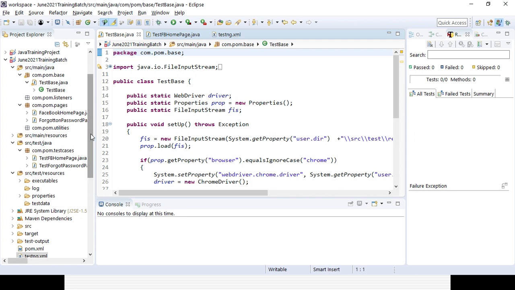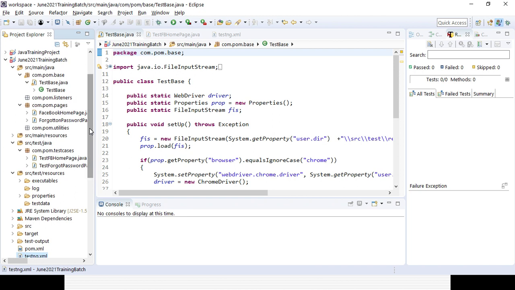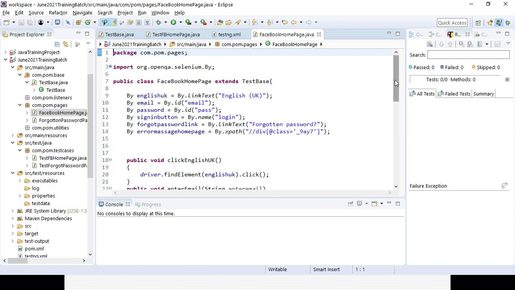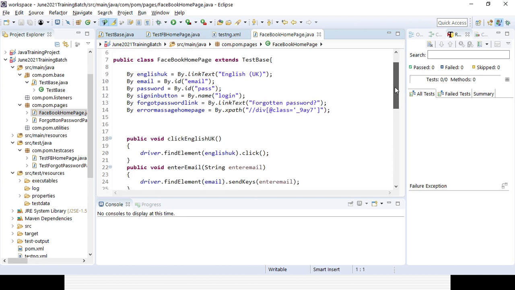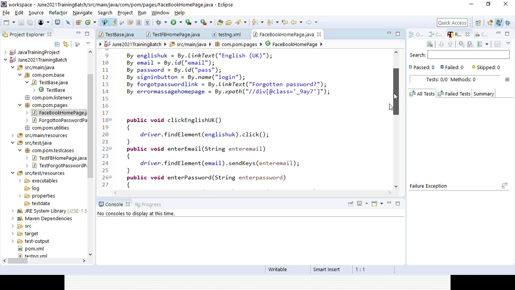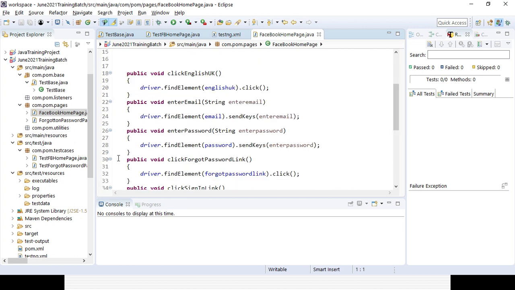How you need to create the different packages and folders, and then you need to create the classes. After that, how you need to add the different details in the test base class. And after that, for each and every page, how you need to create the page details with the help of the page object model design pattern, how you can take the details with the help of different element attributes like link text, partial link text, ID, XPath, CSS, and how you can create different methods, then implement those in your real-time test cases.